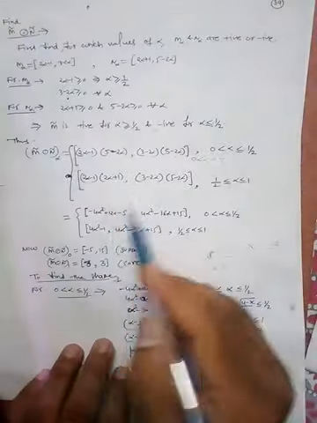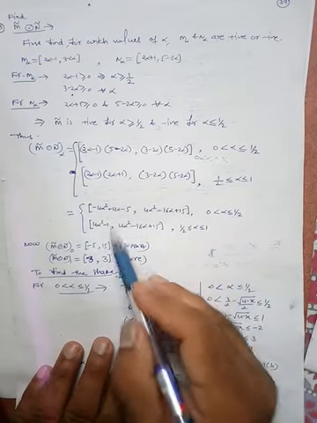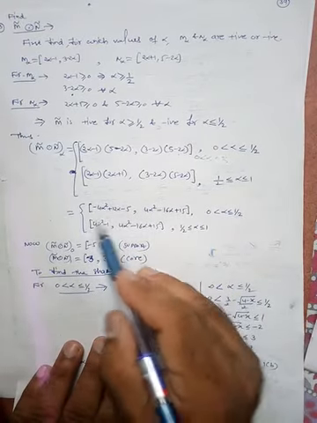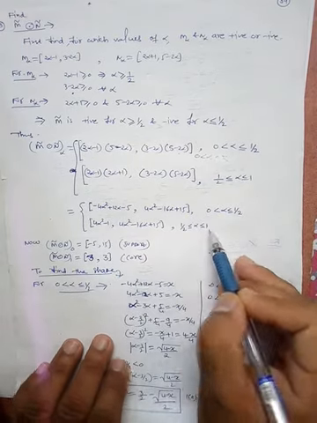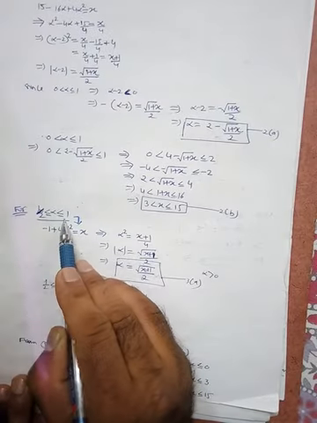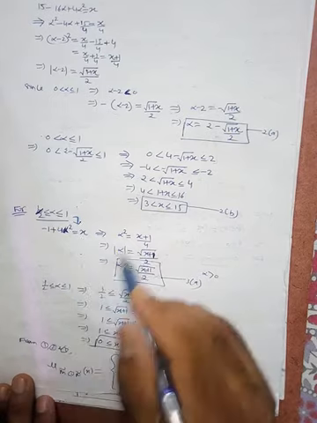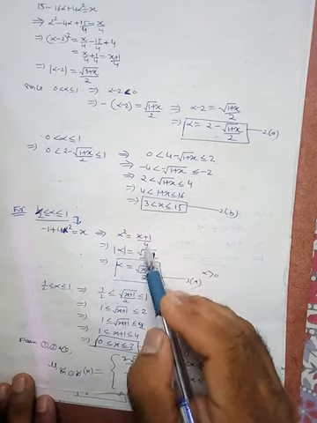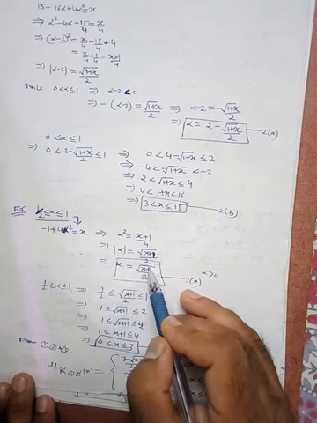Now from here we have already considered this part, and this part. Now the remaining part is this. So now we will consider 4 alpha square minus 1 when alpha is in between half to 1. Okay, so this is the remaining part, half to 1. 4 alpha square minus 1 is equal to x. So from here alpha square is equal to x plus 1 by 4. Take the magnitude, alpha is square root of x plus 1 by 2.